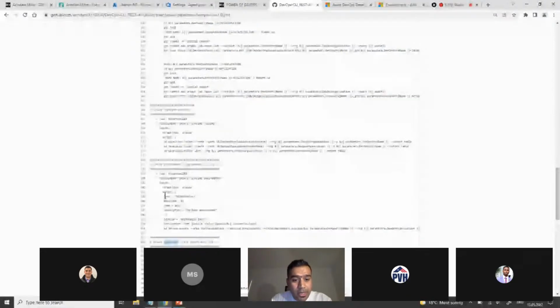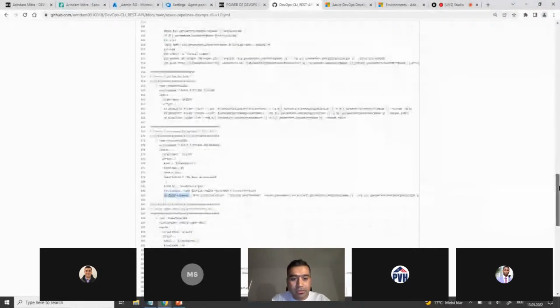The environment name, I'm taking it from the variable, and then I'm putting it in the JSON format. So this is the JSON format. And when I'm doing this whole thing, I'm putting it using Azure DevOps Invoke. If you want to use REST API the PowerShell way, you have to integrate it with the Azure DevOps Invoke commandlet. This is what I did for the environment. And it's a similar process for